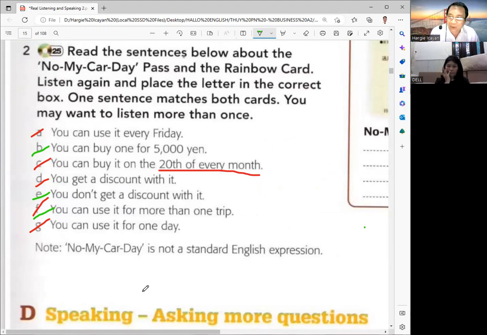What do you think would be the feature that is the same? Yes, letter F. Okay, the No My Car Day Pass, you can use that one for more than one trip. Same also with the rainbow card. But aside from that, there would be what? Different features. Okay? Okay, so they're not the same when it comes to